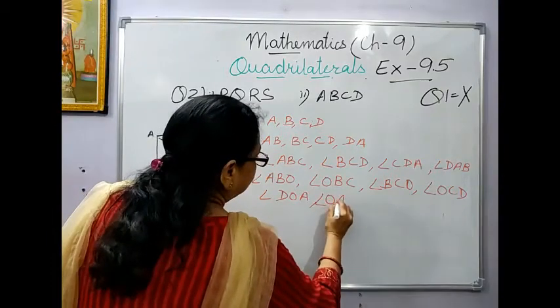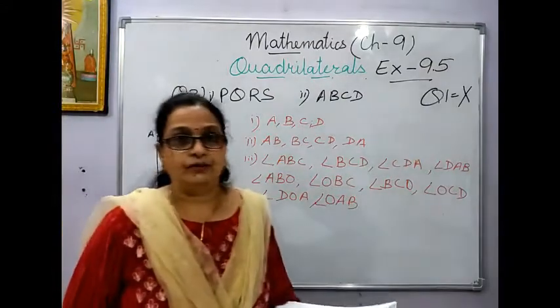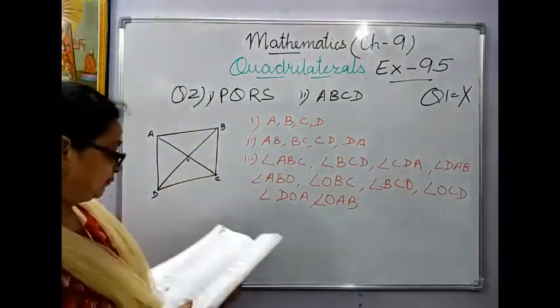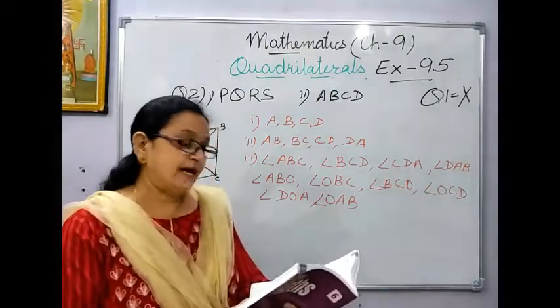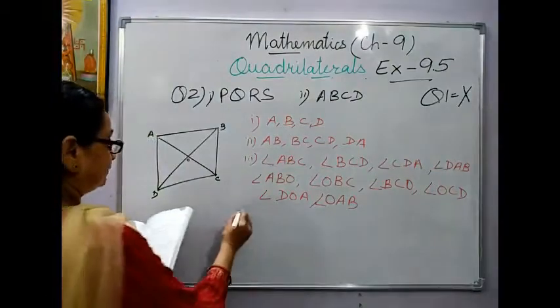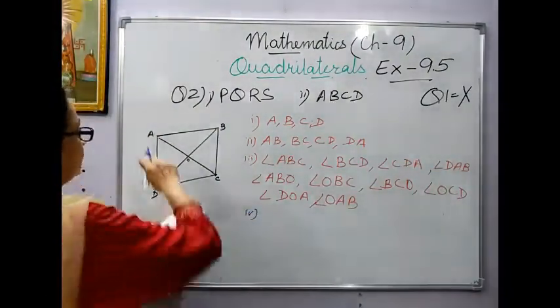Like this, OAB, you can have many angles more. So the rest you can find out. The way of this, you have to take one at a time in the center. Then see, all the triangles form. Now children, remember, see this very carefully. The third, fourth one, all the triangles form.